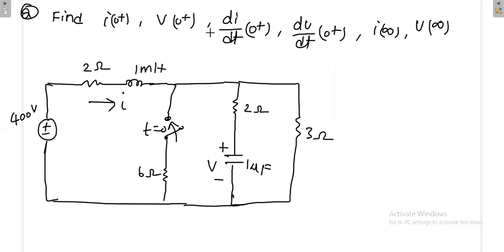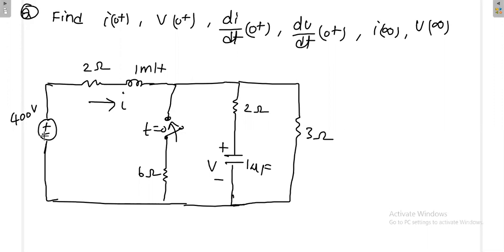Now we have to calculate this quantity. Definitely there is going to be some I0 plus, some voltage will be there at the initial stage. That we'll calculate. Now the switch is closed at t is equal to 0. That means at t is equal to 0, you are including this 6 ohm branch. Previously, this branch is not there. The switch is not applied to the source, the switch is applied to some element. So this element is not there before applying the switch, but this element will be there after applying the switch. That means the source is there from a long time, from minus infinite.